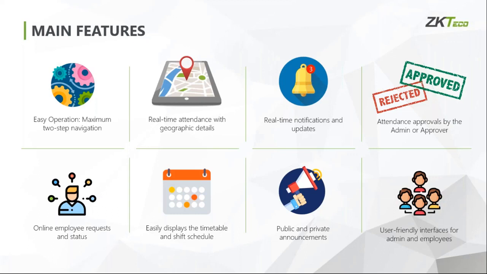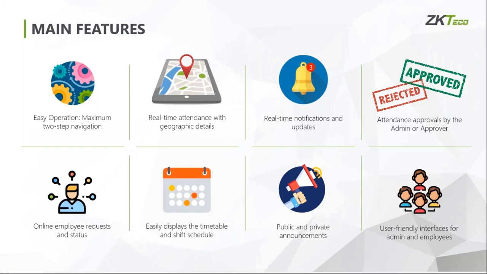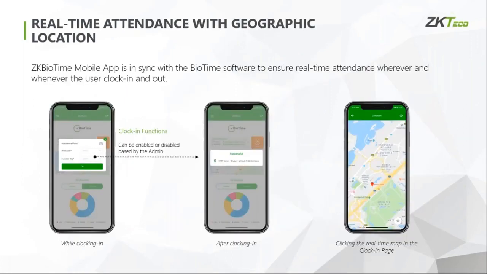And this is some explanation of the main features. Real-time attendance with the geographic location. Once we record attendance for moving employees, it should be considered accurate. So for that, whenever they punch, the GPS on the mobile should be turned on, and it is linked to the attendance punch. Once they click clock in, it will give three options,